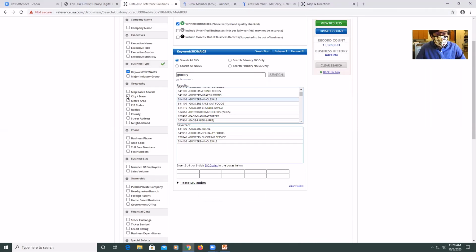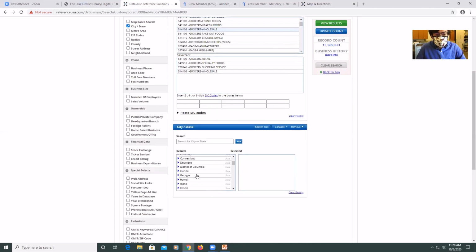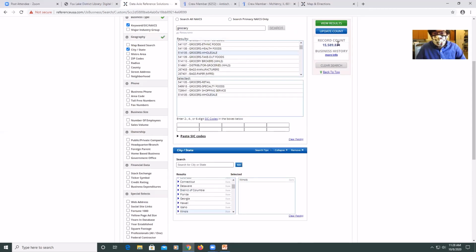And then we can search by city and state. Let's say we wanted to look at just what was happening in the state of Illinois. We can do the whole state of Illinois. And now remember, it was 15,000. We do update count, so it narrows it down to 3,400. If we wanted to say what was maybe in Florida, we can do update count. And now you're up to 10,000. So depending on which states you want to look at,